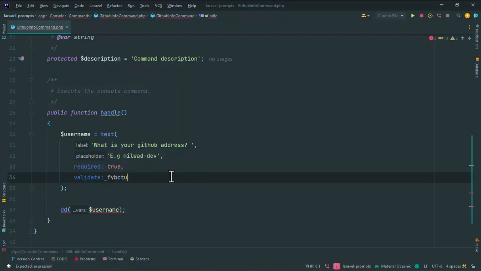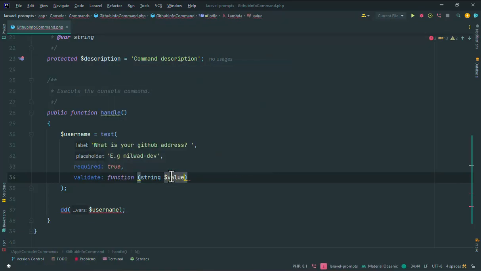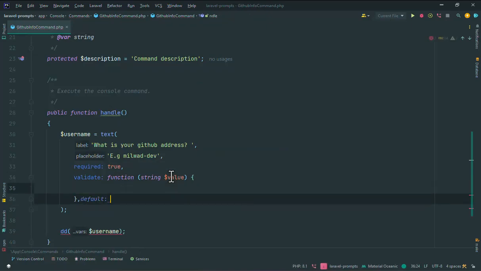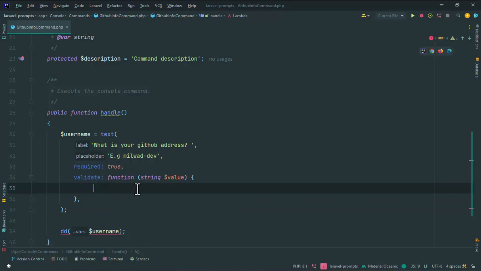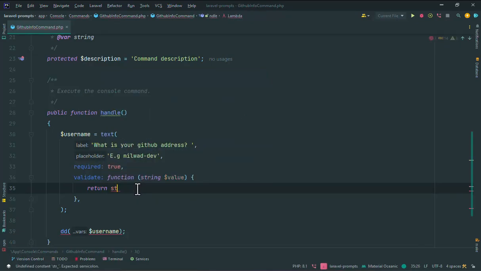So we can write function string value, and here you can do your validation. For example, return strlen value. It must be more than, for example, 3 characters, and if it is not true,